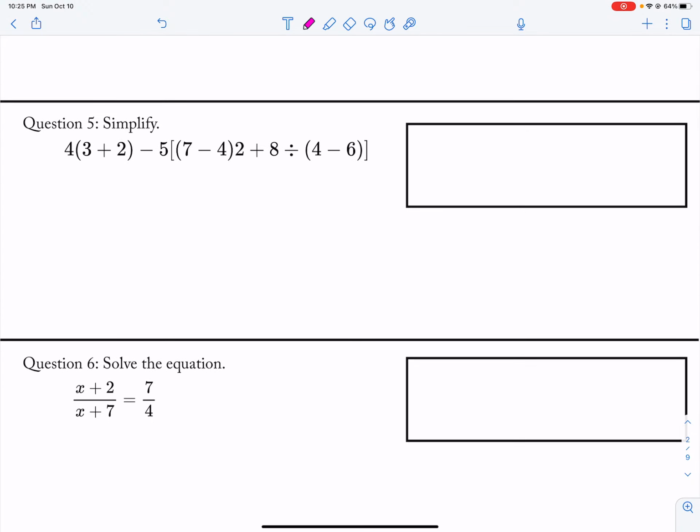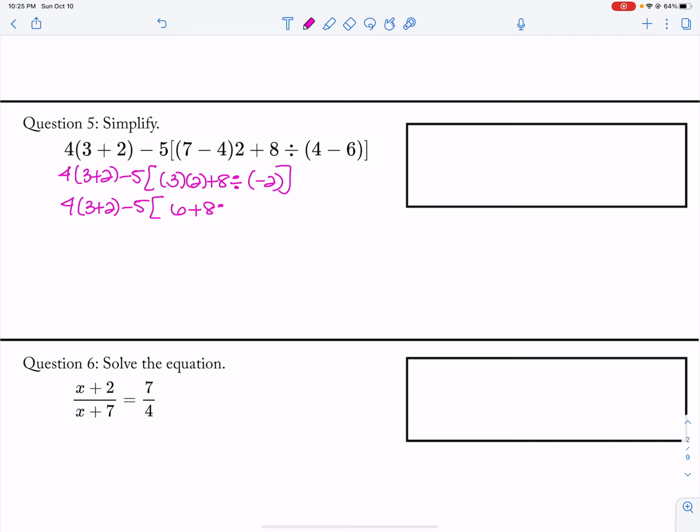Okay, so question 5, we have to do order of operations. So 7 minus 4 is 3, times 2, plus 8 divided by 4 minus 6, which is negative 2. So then what I have is 4 times 3 plus 2, minus 5, and then I've got 6 plus 8